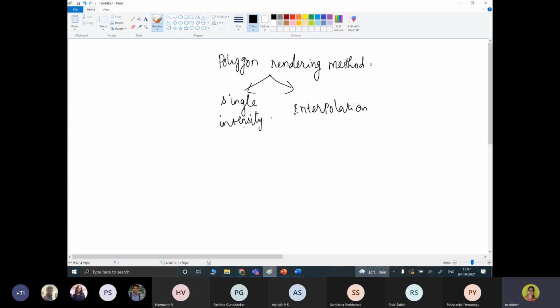In the case of a single intensity, we fill the object with a particular color.